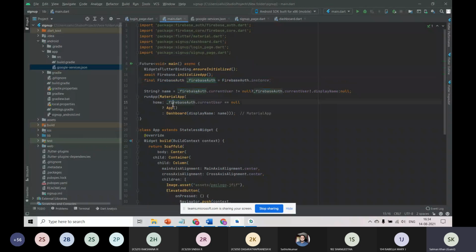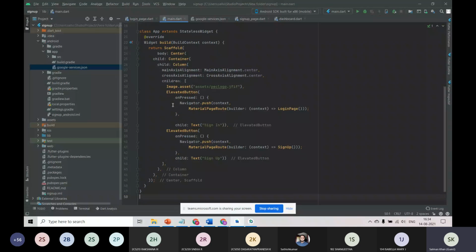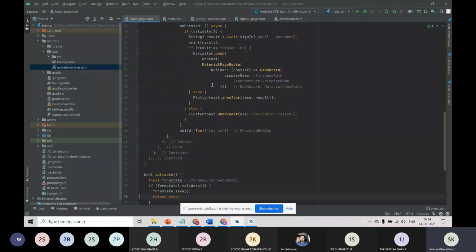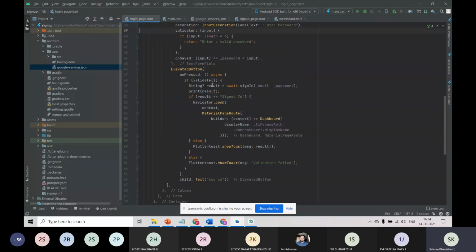Before going to this, let me show what I have done in the login screen first. Let me scroll down, and yes, we can see it is the same code, no worries. Whenever you click the login button, I will validate the contents in the application, for example whether it is a valid password or valid username.